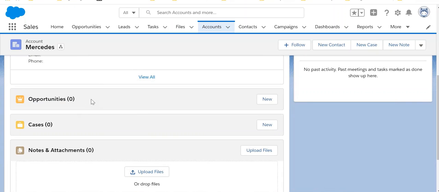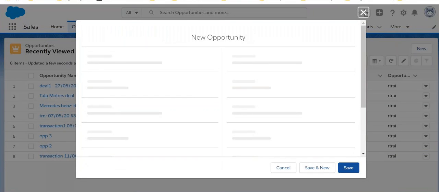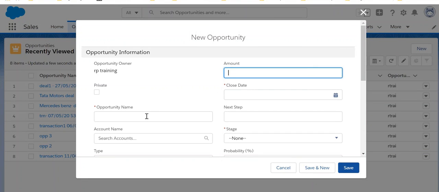So from here itself you can create an opportunity from the related list, or you can go to the opportunities tab and create it from there also. Let's try it from the tab now. Go to the opportunities tab and then click on the new button. Opportunity name. While specifying the name for an opportunity we can specify the company name first, then the amount of the deal. So let's say the amount of the deal is $50,000,